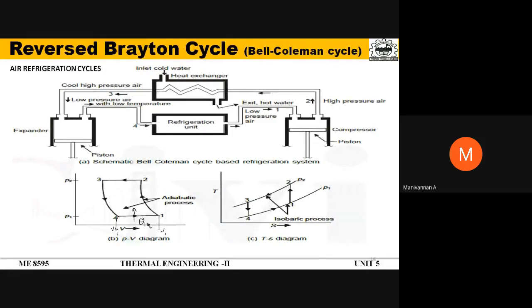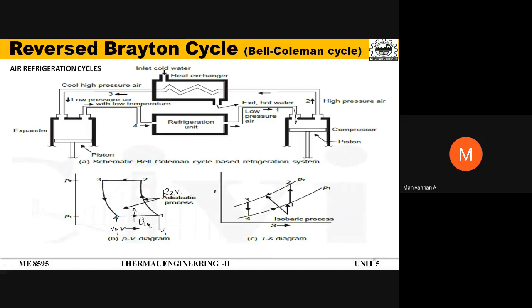Now the second unit is the compressor, where the low pressure hot air goes into the compressor, and the compressor raises the pressure of the air. The ideal process that we assume is a reversible adiabatic process, or what we call an isentropic process, that is, entropy remains constant. Just remember your Brayton cycle: we go from this point to here, and 3 to 2, and we come like this.